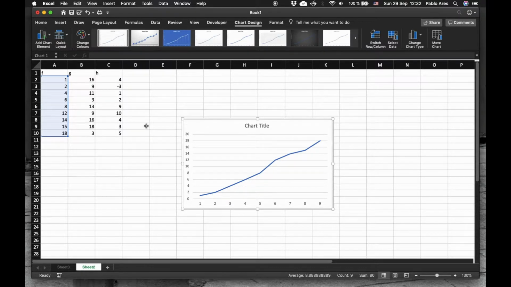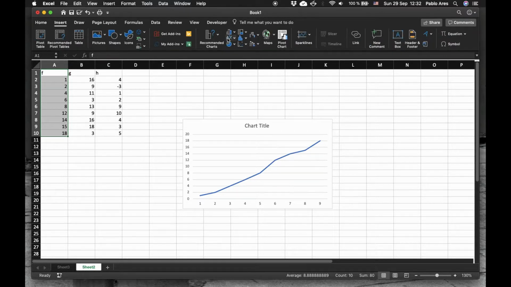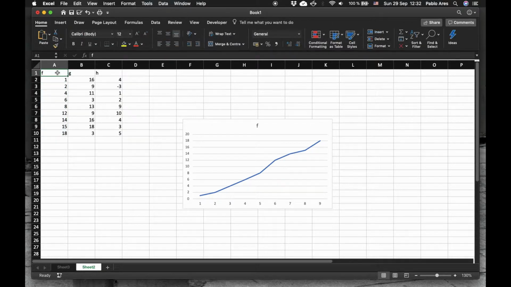Of course, it looks a little bit odd with the chart title here. Let's see if we can modify this, highlighting the F, going to Insert, line, line. So it tells us it's F. If we want to add another one, we can, for example, one option is highlighting both. So we can click here on the F, hold your shift up to the 3,